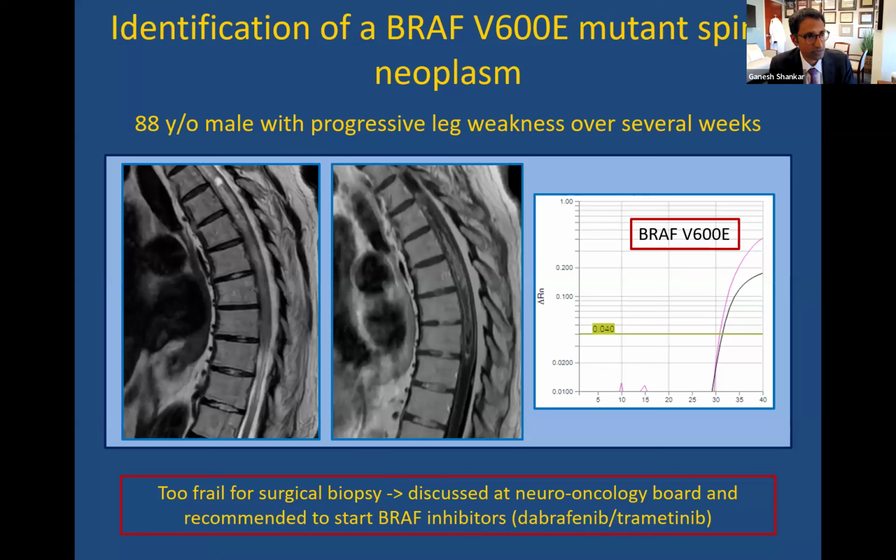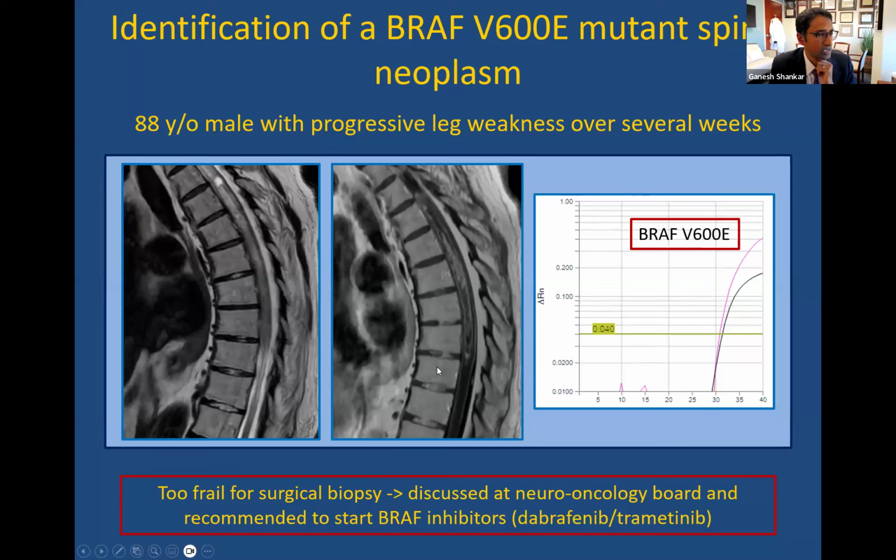And this comes back to the dream of what we are trying to solve here, is this problem right here, which is a patient who is quite frail, who presents with leg weakness over several weeks, has a diffusely enhancing lesion with a syrinx along the spinal cord. The question is, can we identify an actionable alteration without having to do an extensive surgery in somebody who's quite frail? And so from a lumbar puncture in this patient, we were able to identify the presence of the BRAF